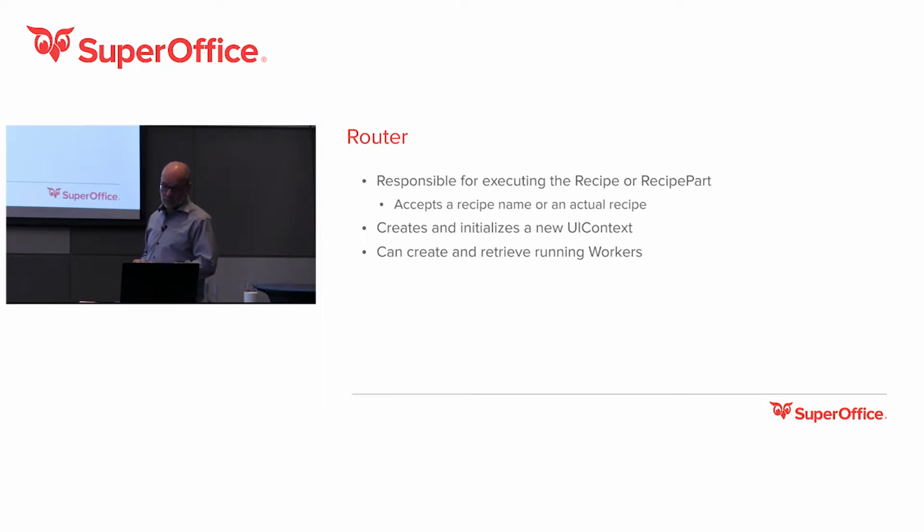So that's how the factory works, and then we have the router, which is responsible for executing the recipe. That's the access point of where you want to run your recipe. So you can either send in a recipe name, and then it will look up and check if it has a recipe with that name in its collection, or you can send in the actual recipe as a JSON into the router,